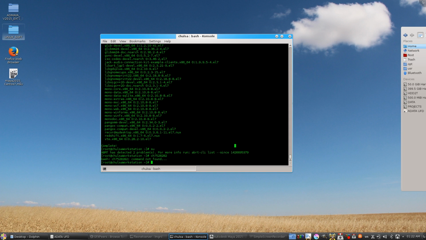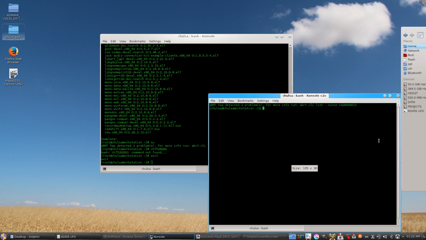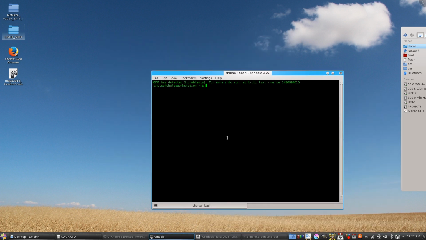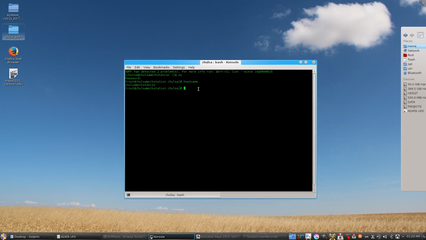So the first thing that you need to do is go into root, and then go to the host name. You see I changed the host name. If your host name is localhost and localdomain, it will not work. So the best way to change your host name is to type vi /etc/hosts, and in here,